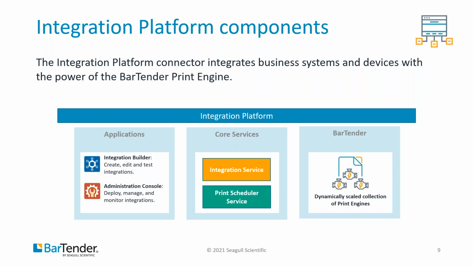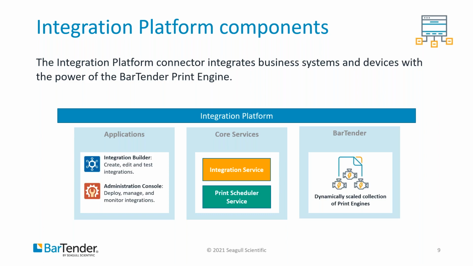On the production server itself, we're using service-oriented architecture. So we have two core Windows services. The first is the integration service, which is hosting the integration. Whatever integration it is, it's hosting that and performing the task of listening for those event messages. It can also execute actions if the actions are non-BarTender document related. However, if it is BarTender document related, then those requests or actions are passed over to the print scheduler service,